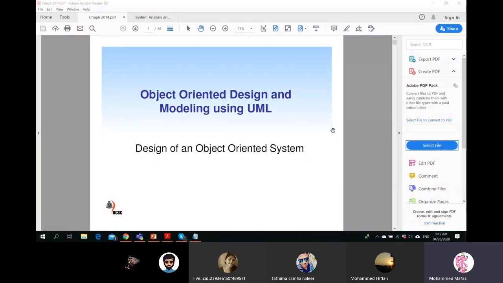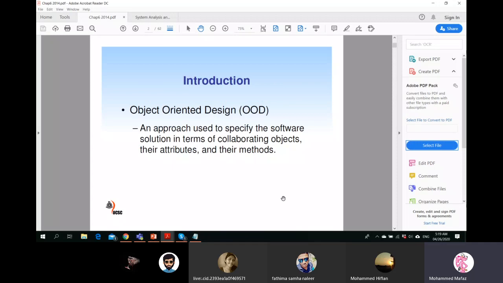In object-oriented design, our main focus is on more of the implementation details, how this conceptual design can be turned into an implementation. That is the idea behind OOD. So a simple definition: OOD is an approach used to specify the software solution in terms of collaborating objects, their attributes,